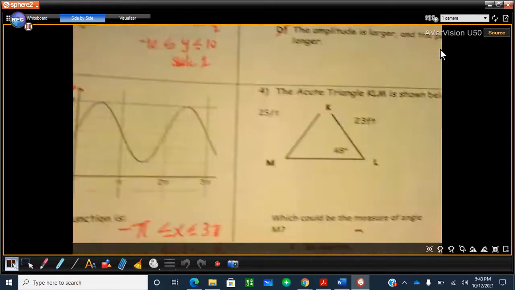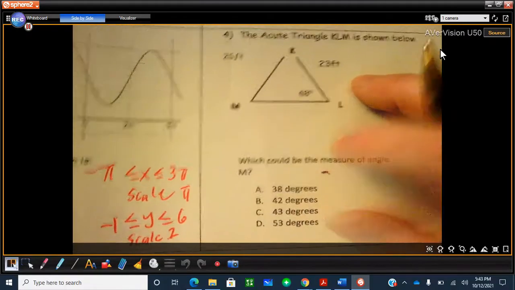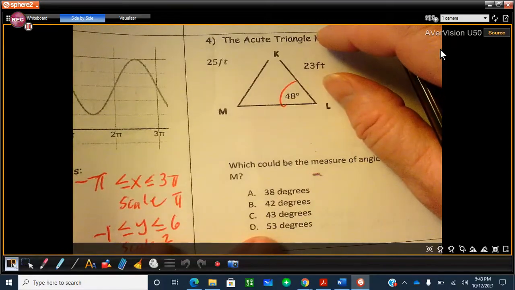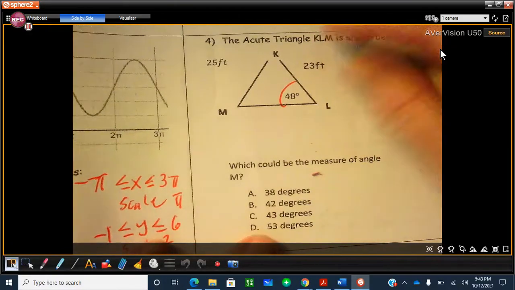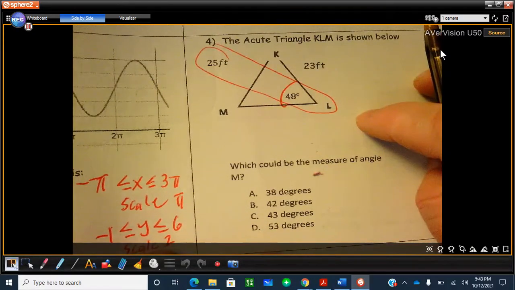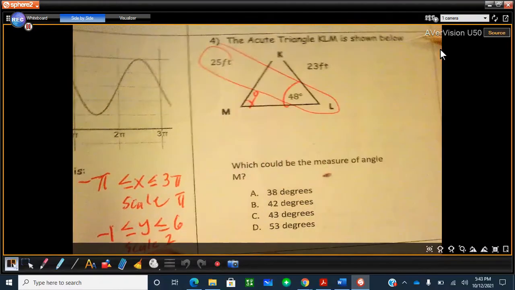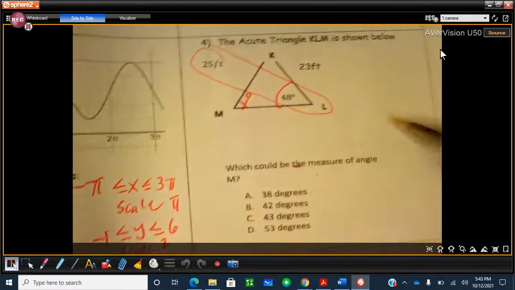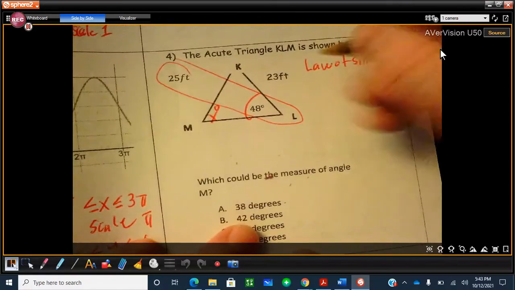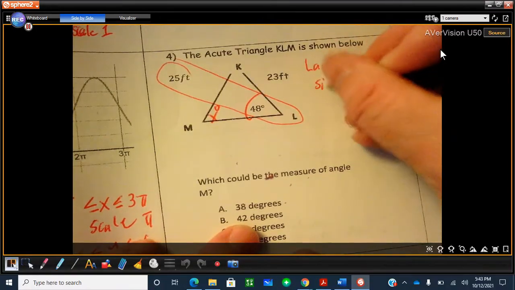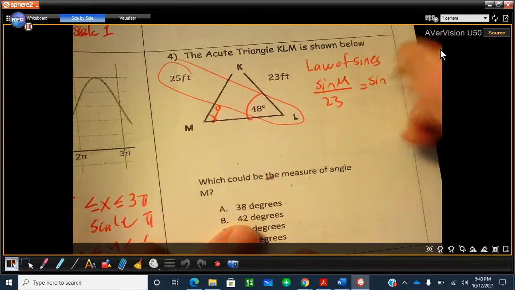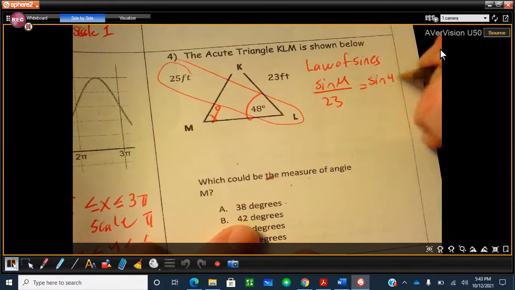Alright, number 4. We have an acute triangle, we have an angle, and we have two sides. So when I think, what can I use, right? Do I have any matching pairs? I do. And we want to know x degrees. So seeing how I have a matching pair, I can use the law of sines. And basically, I want to find an angle, so I'm going to say the sine of m over 23 equals the sine of L, which is 48 over